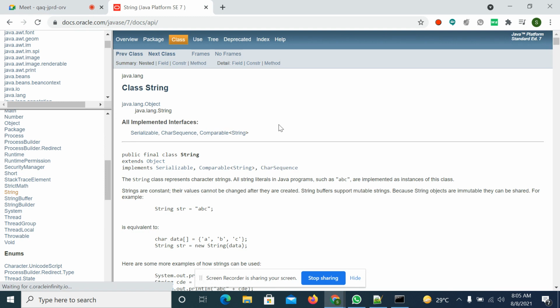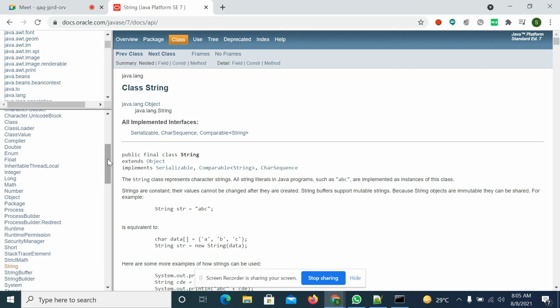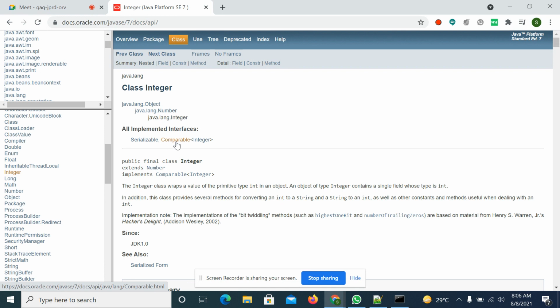Observe here, it implements the Comparable interface. You can take any wrapper class: Integer, Float, Long, Double, any wrapper class. So I am taking the Integer class. The Integer class also implements the Comparable interface, right?